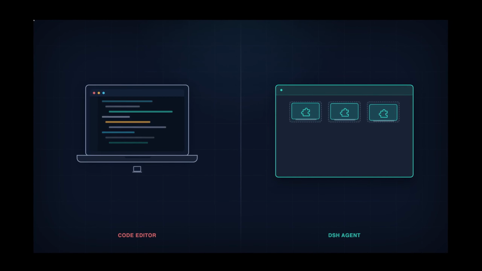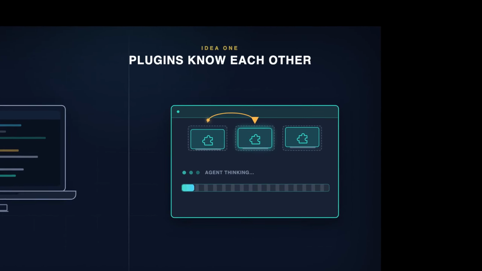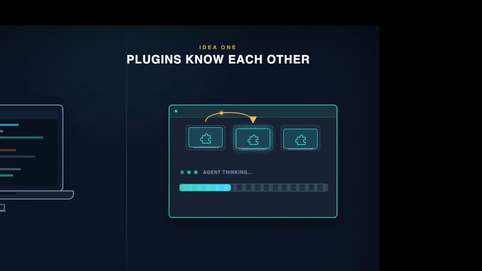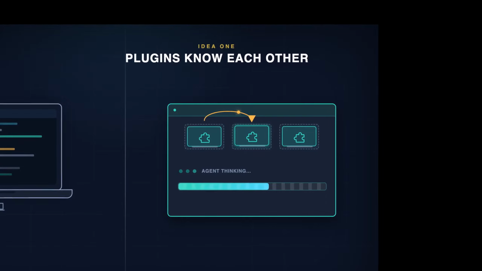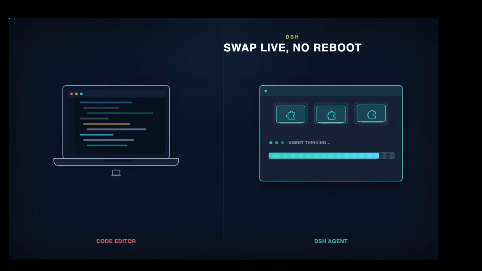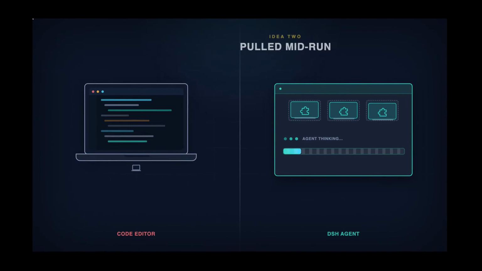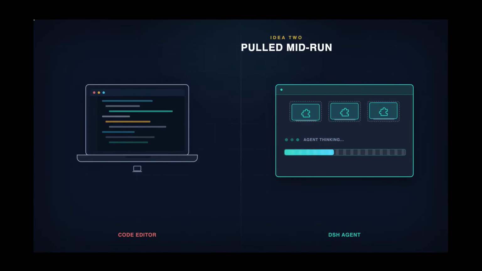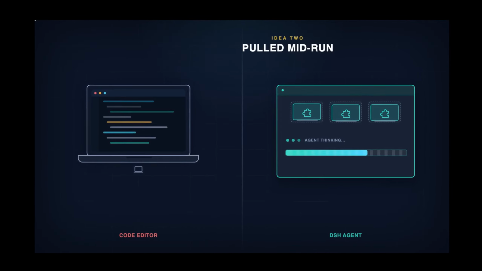2 ideas do the work here. The first is that plugins know about each other. One plugin can declare that it needs another, and the kernel wires them up in the right order. Fine. But here's the part that earns the headline. The second idea is that a plugin can be pulled out mid-run, and its effects unwound, while the agent is